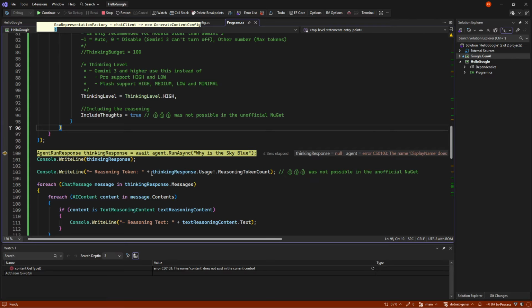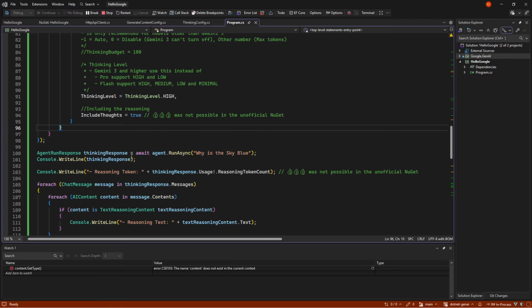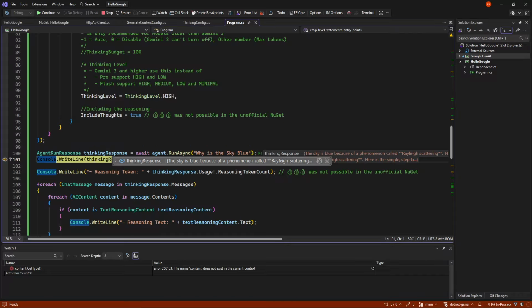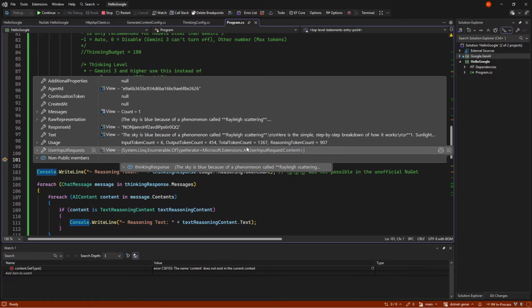So if we call why is the sky blue, it will think a little about it because I've set it to thinking level high right now. So we get our response back and we can see it used 900 reasoning tokens in order to do it.